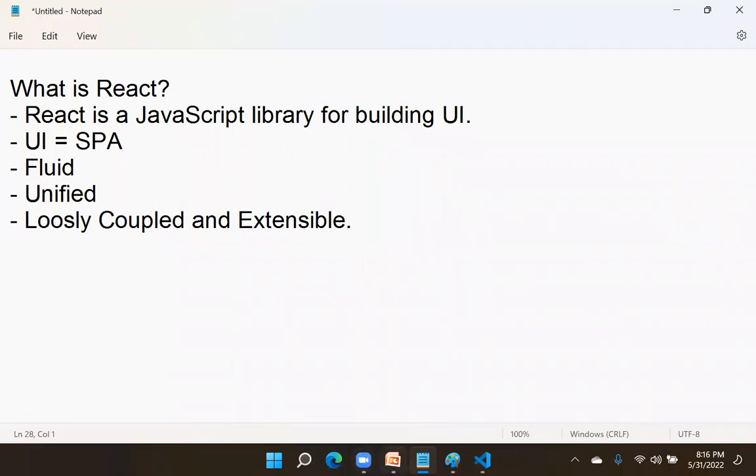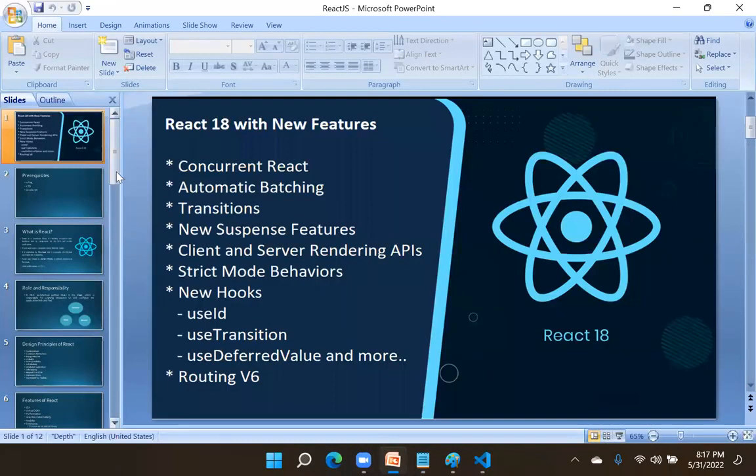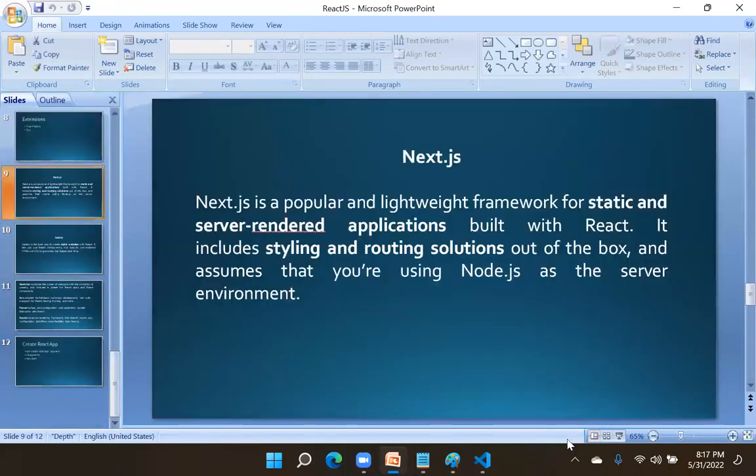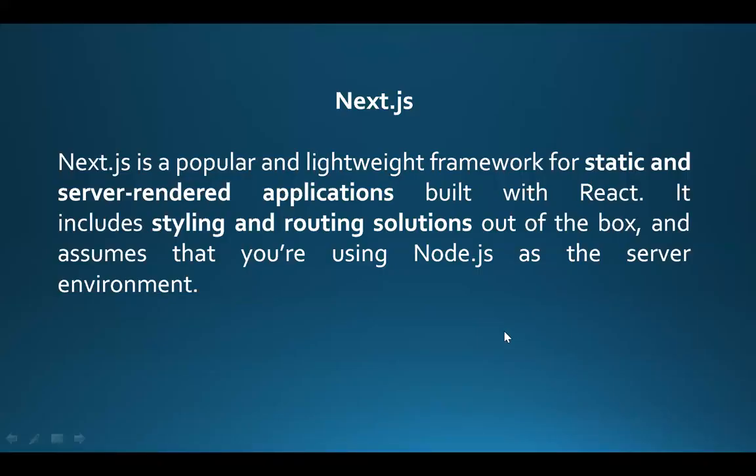Yesterday I showed you React is used with extra frameworks, like Next.js. Next.js is a very popular framework used for creating static and server-side rendering applications with React. That means React is not a framework.